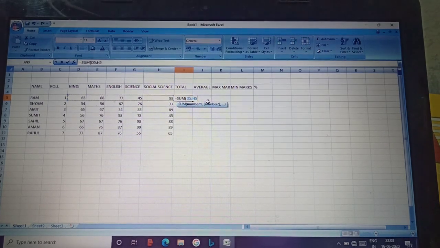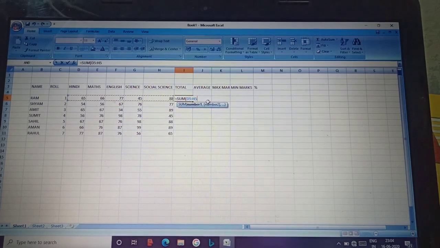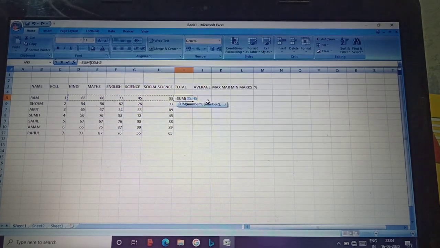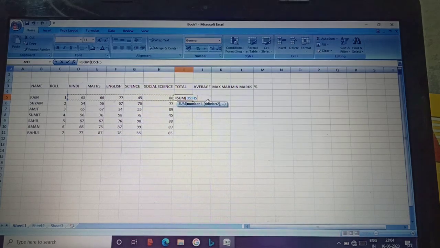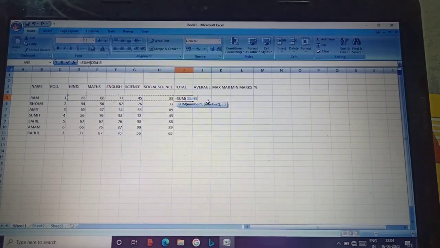As we select, we can see the cell references coming up. The range of cells, for example, Hindi starts from D5 and Social Science ends at H5.